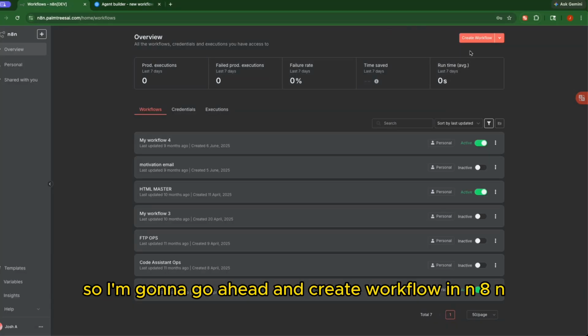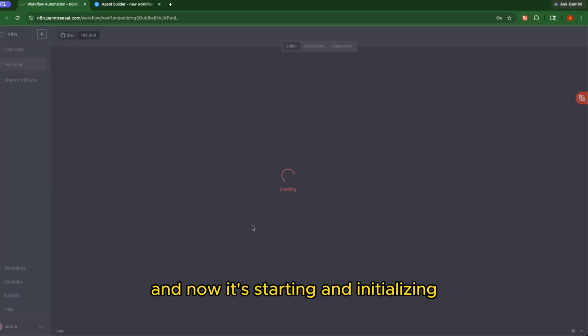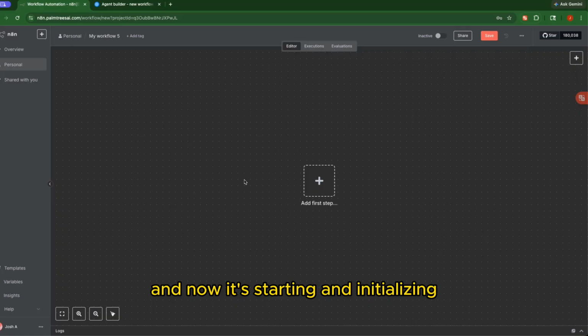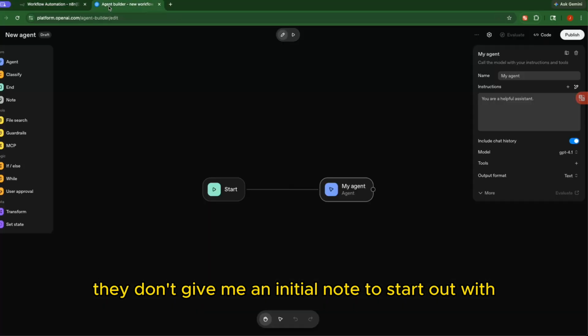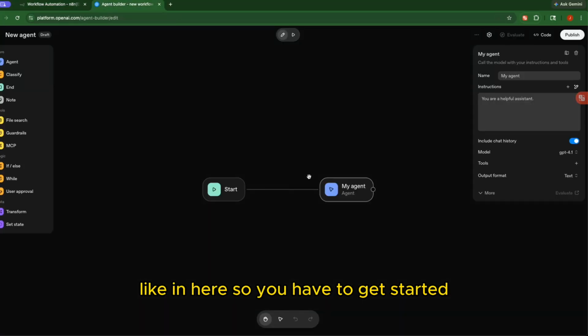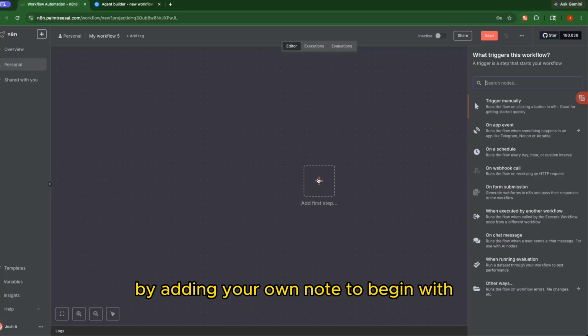So I'm going to go ahead and create workflow in n8n, and now it's starting and initializing. Here they don't give me an initial node to start out with like in here, so you have to get started by adding your own